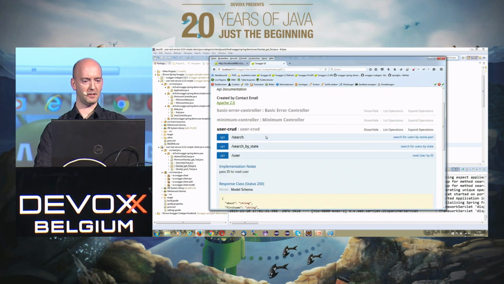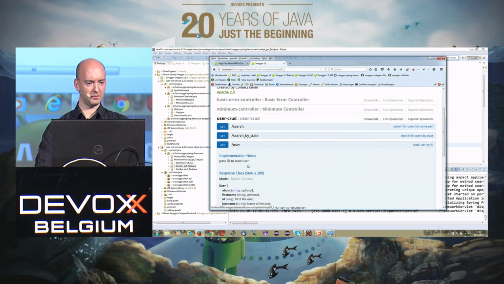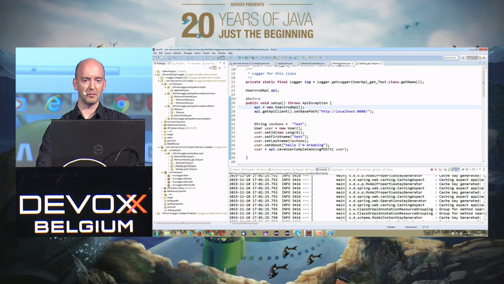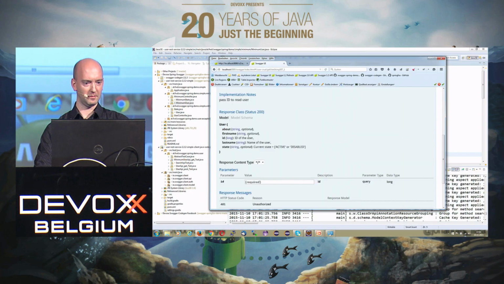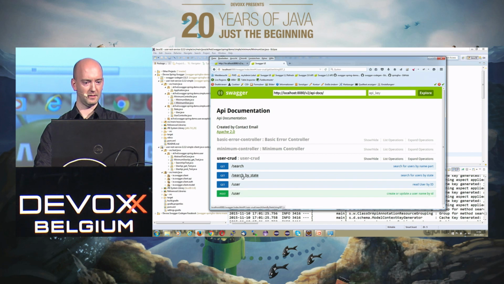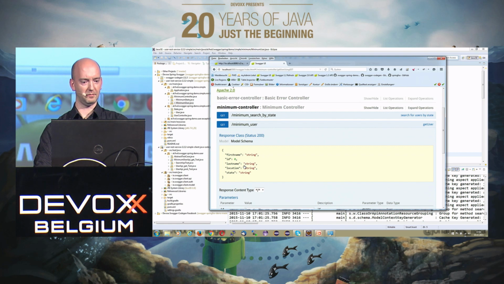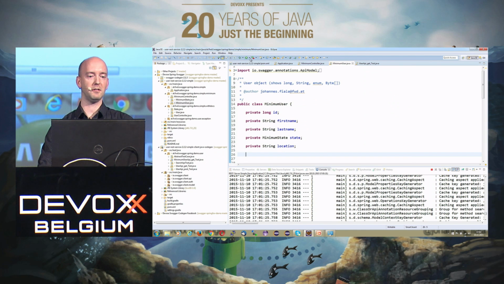And when I take a look at the Swagger UI, I simply refresh it, and I see, oops, one more. I have to change this one, okay. So I change the minimum user here, and you see the location is here, and the about attribute has vanished. So it's immediately updated. And if I regenerate the client code now,